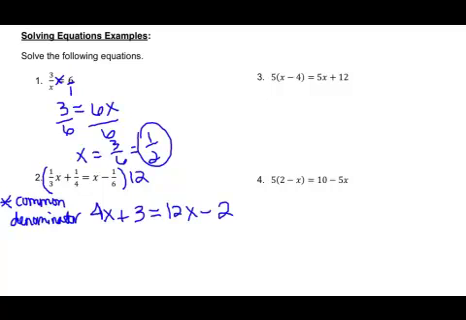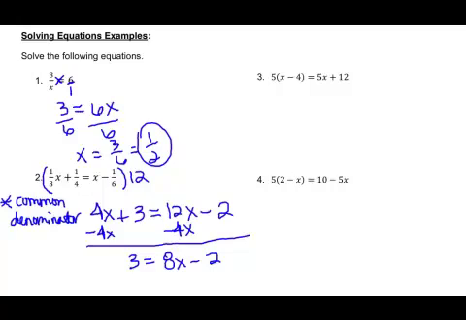Now our life is a lot easier because we don't have to deal with the fractions. So now we want to move all of our x's onto one side. You can either subtract the 4x or the 12x. I like working with positive numbers, so I'm going to subtract 4x. Again, there are multiple ways to solve. Again, you could subtract the 12x instead. So this gives us 3 is equal to 8x